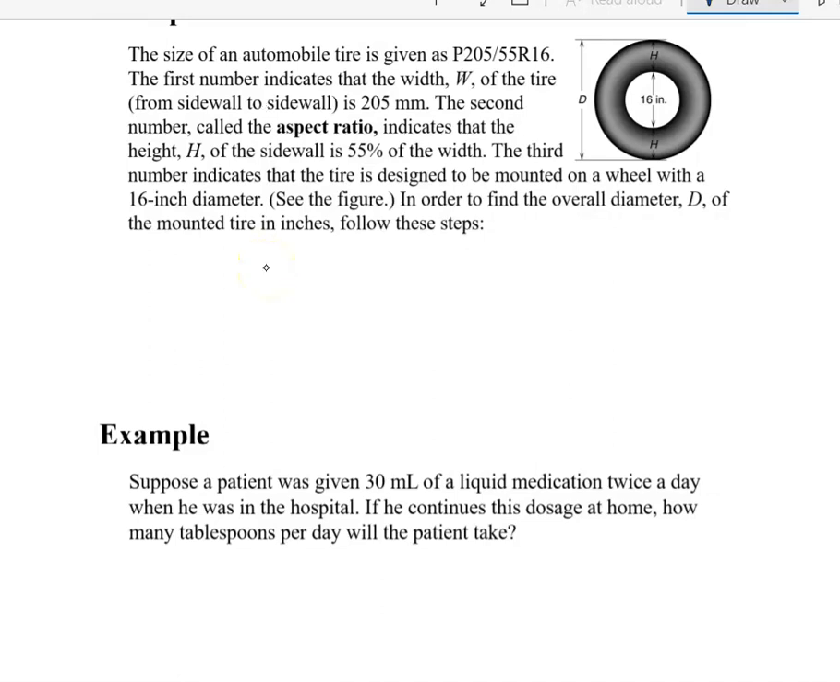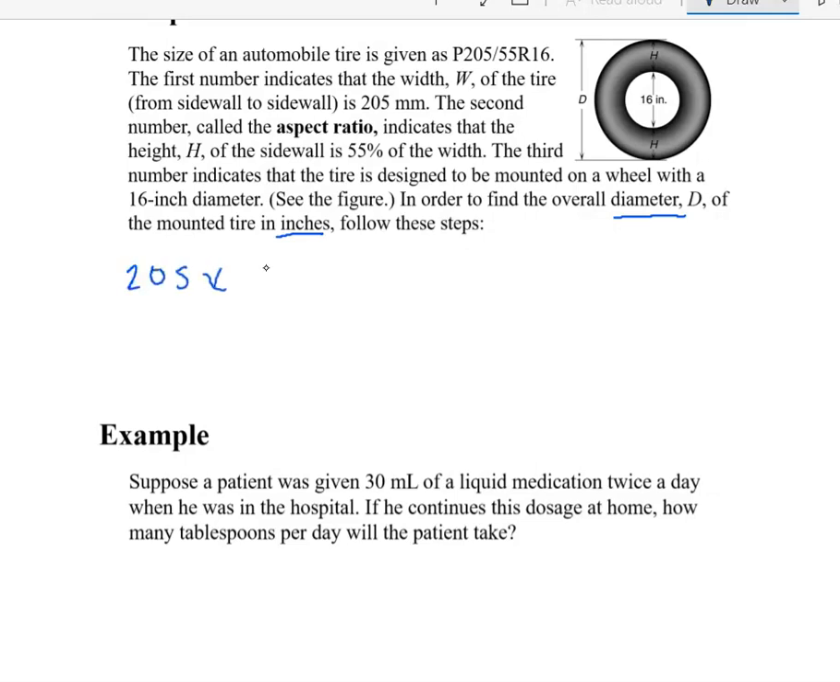So we're looking for the diameter of the entire tire, and we want it to be in inches. To find the height, we have to deal with this second number called the aspect ratio, because we're going to have to do 16 inches plus both heights to get that. And it says the height of the sidewall is 55% of the width, and the width was the 205 millimeters. So we need to do